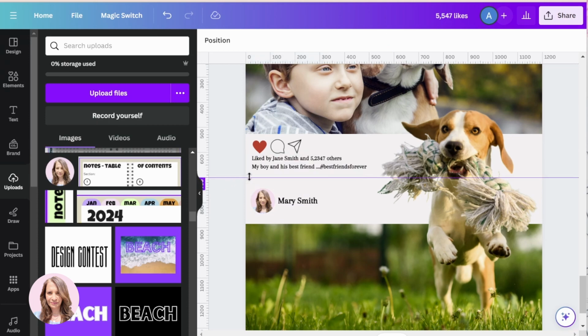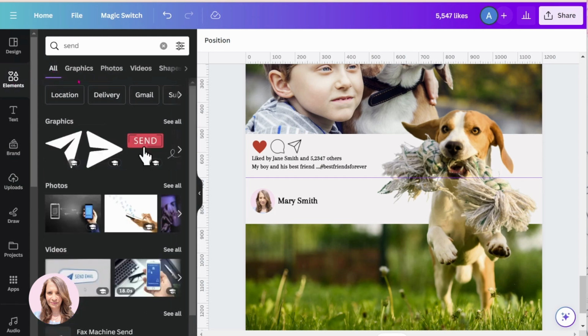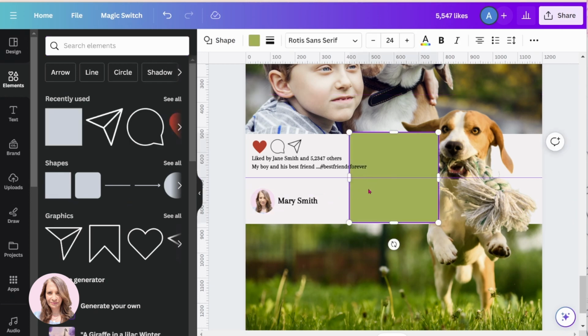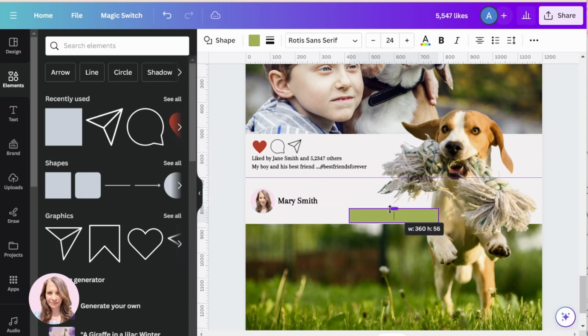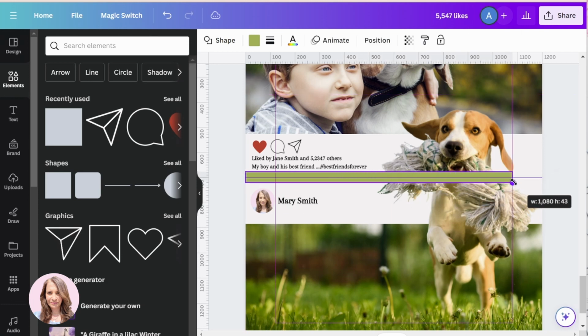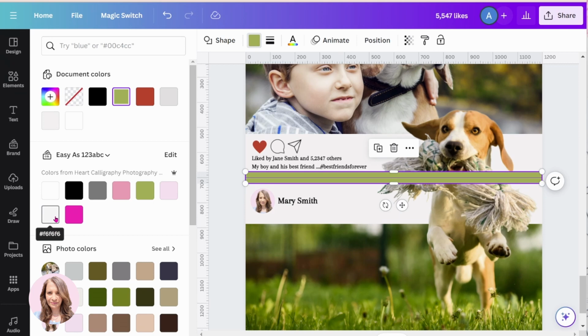Okay, now the last thing that we need to do is we need to put a line and some shading. So let's come back here and let's look for some shading. So I'm just going to make that a little bit smaller like that, and I'm just going to put that right in there. Make that a little bit smaller, and I'm just going to extend that, and I'm going to make that a lighter color